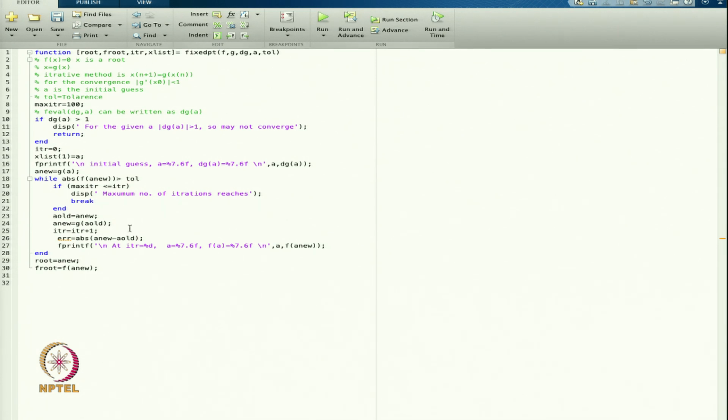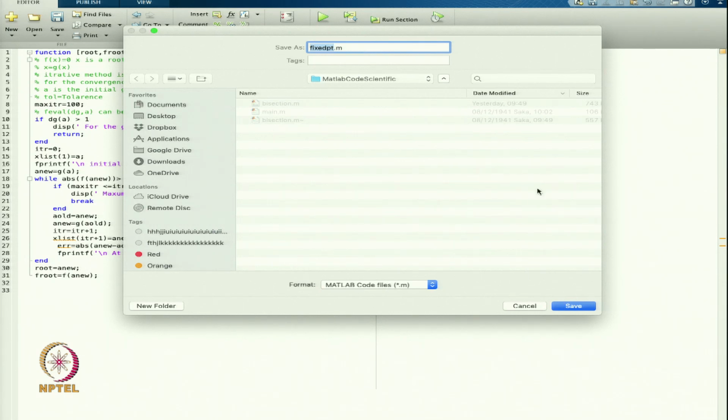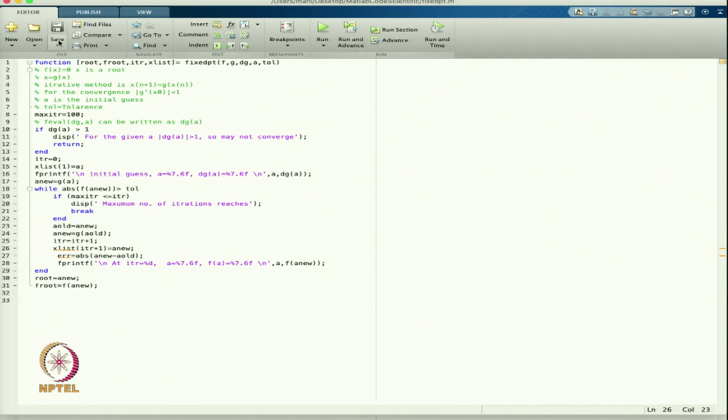One thing I also want to put here is X list at ITR plus 1. That is, I want to point A new, because I am also starting with 1 from here. That is why I am putting 1, because here it is starting from 0, it is 1. So, when it is 1, it should be 2. So, that I am saving here. Now, I can save this code here, fix point, and then this is saved. Now, I want to do the calculation,